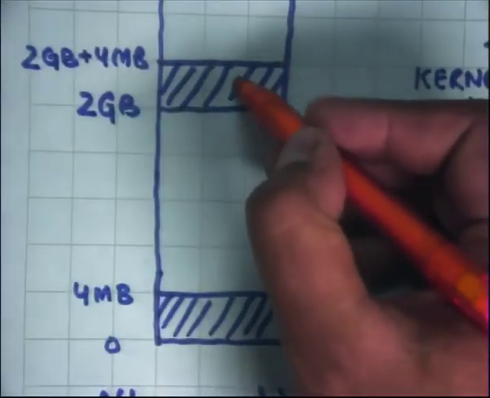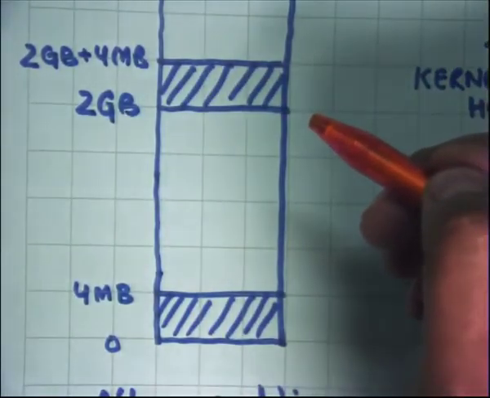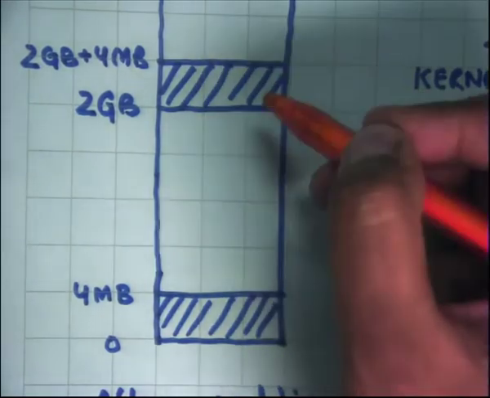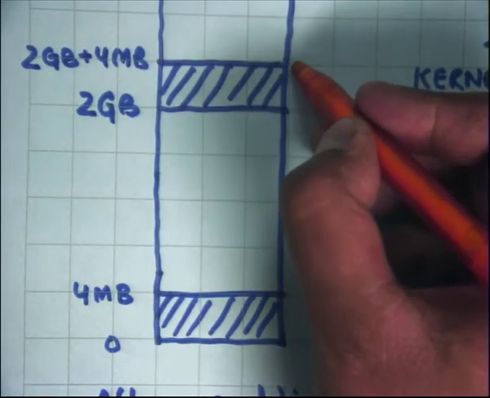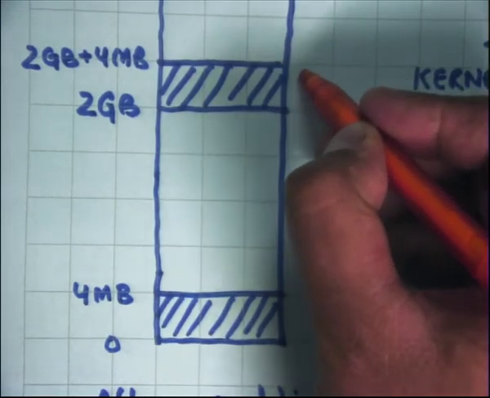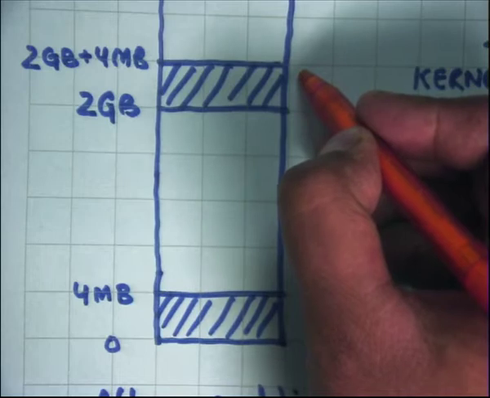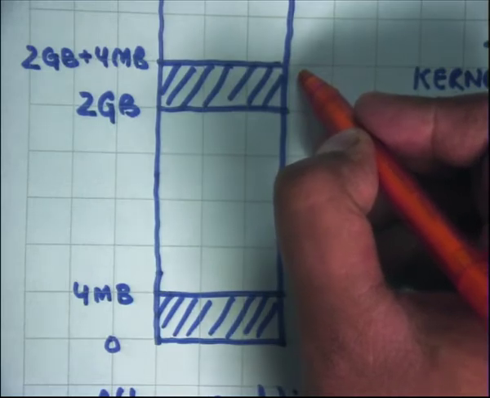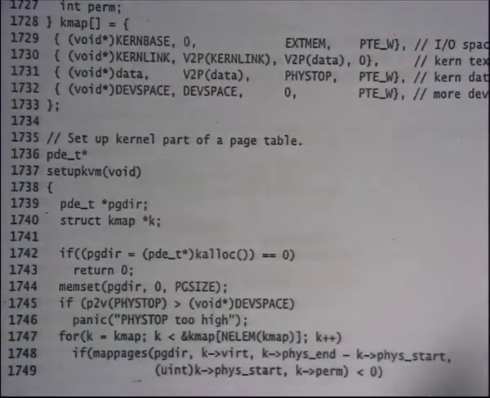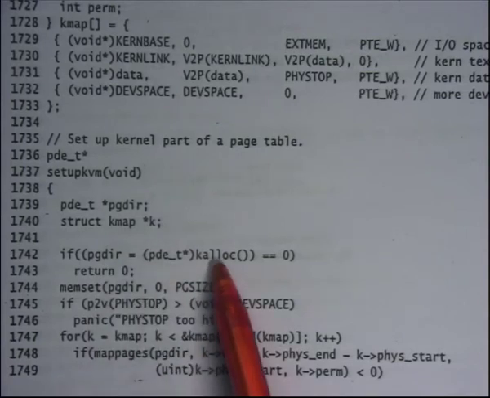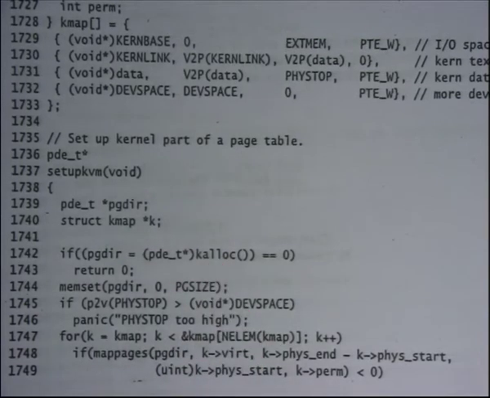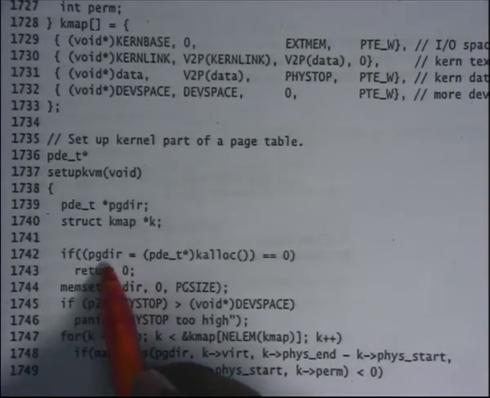So when you call kalloc, you're actually allocating space from here. Okay, because yeah, you're right. At this point, I'm not switched. I don't have a heap. My heap is actually very small. So what he has done is just initialized whatever space is here to a heap, and that's where he's going to serve his request for kalloc. All right. Okay, so he's going to get a pointer in that kernbase to kernbase plus 4 MB space, and that's going to be stored in pgdir.